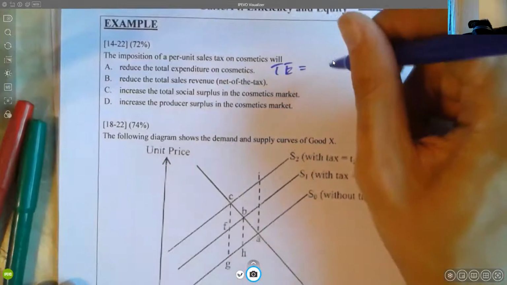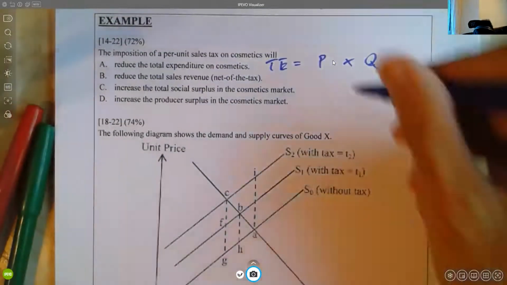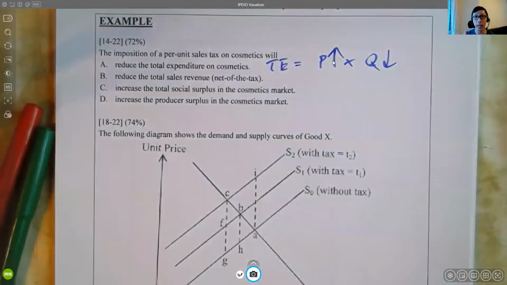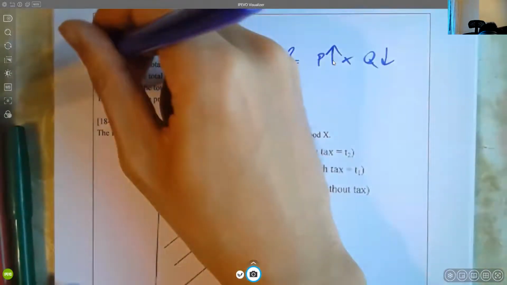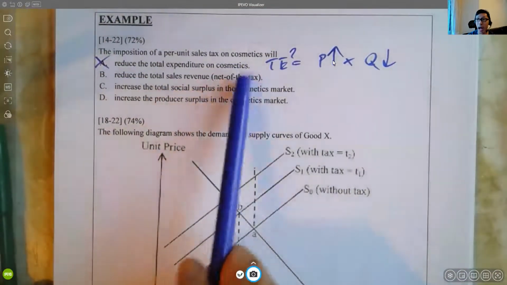Total expenditure refers to P times Q, right? Now, per unit tax, price increases, quantity decreases. Do you know the elasticity? No. Therefore, this is a question mark. 其實唔知喎。